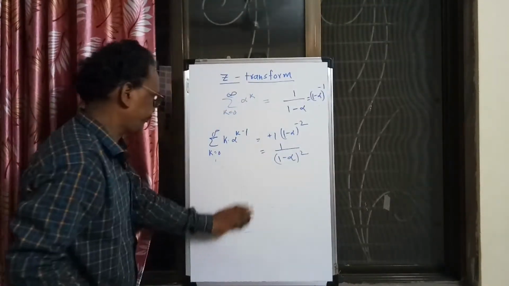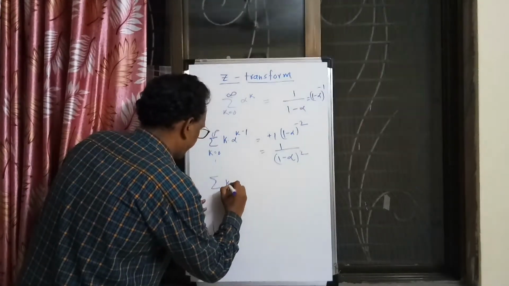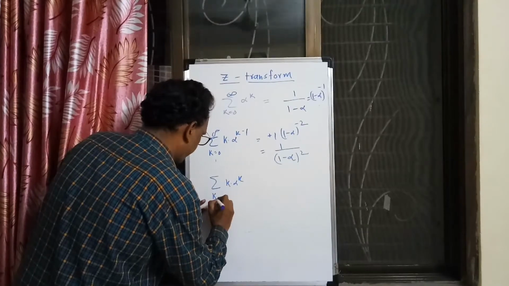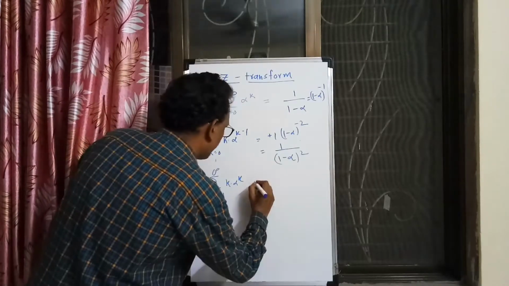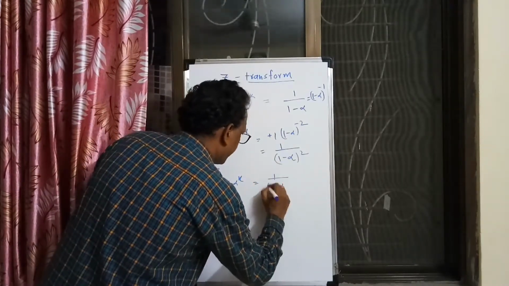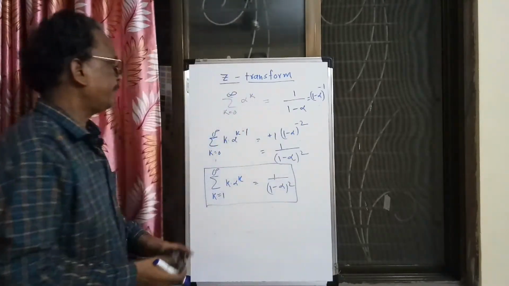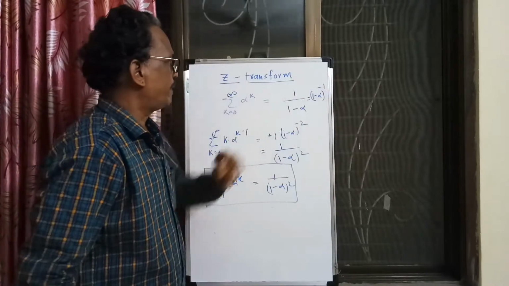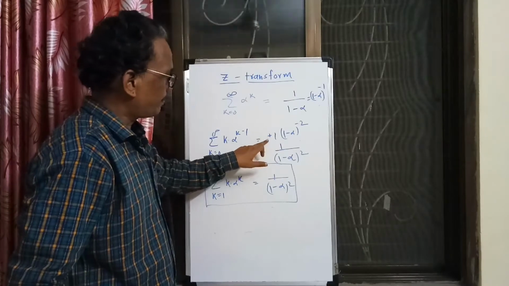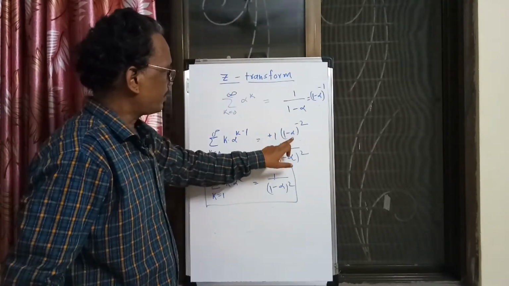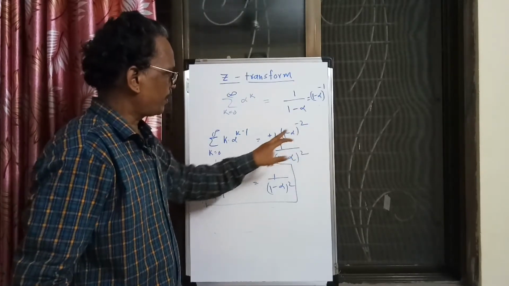And I want here this result: k times alpha raised to k. Alpha is constant, k is varying. So here we can start from 1 to infinity, because for k equal to 0 this term is going to be 0. So I want that k; it can also be written like this, right? The formula: 1 minus alpha raised to minus 1. So the derivative of this is minus 1, okay, I made plus afterward, minus 1, okay, 1 minus alpha raised to minus 2 into the derivative of minus alpha, that is minus 1, minus, plus 1.